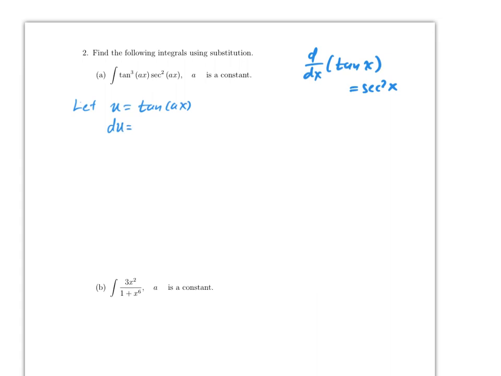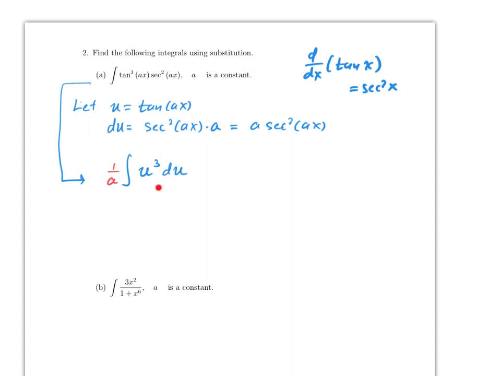du will be secant squared of ax times a by the chain rule, which is essentially a secant squared of ax. So if we use substitution, this will be equal to u cubed, because u is equal to tangent of ax, so it will be u cubed. The du is going to take care of the secant squared ax, but notice that you end up with an extra a in here. So to cancel that out, you multiply by 1 over a,